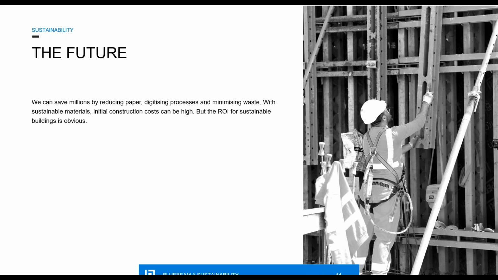Construction is in a really powerful position to change this. Again, I think we're at the forefront of this. We are literally in a very privileged position to be building the physical world we live in. And that is a world that is, again, going to be spiking with population, the requirements for domestic dwelling and business and economic buildings. So I think Bluebeam and the construction industry, sorry, is in a hugely powerful position to